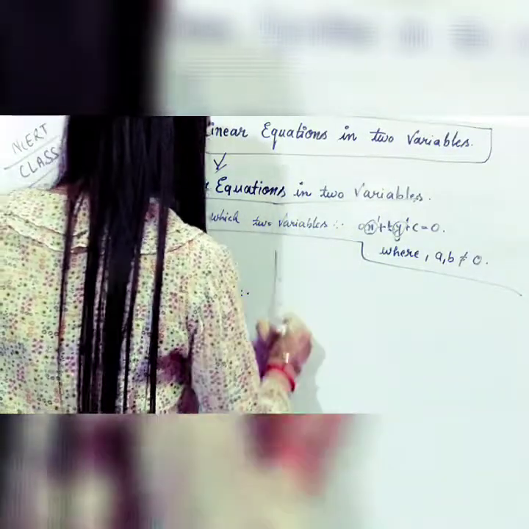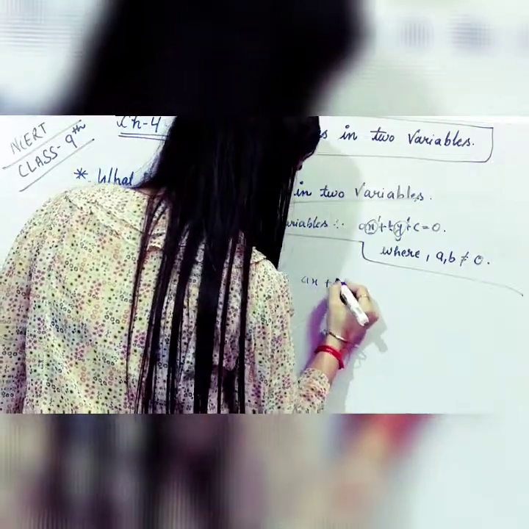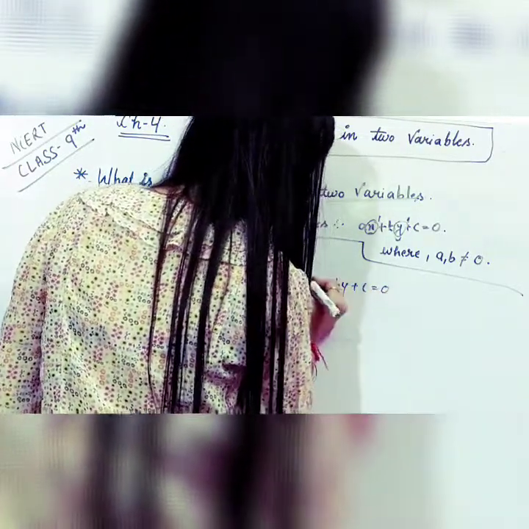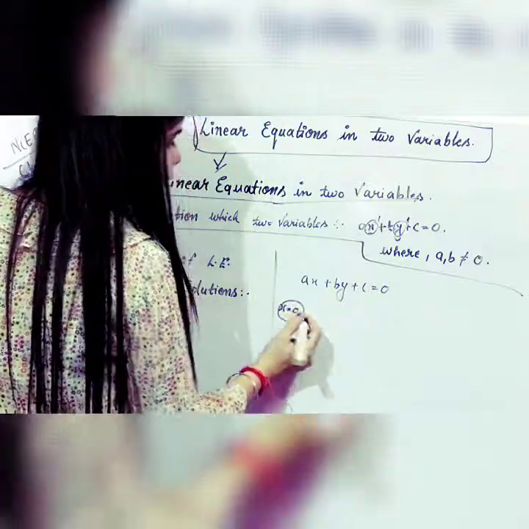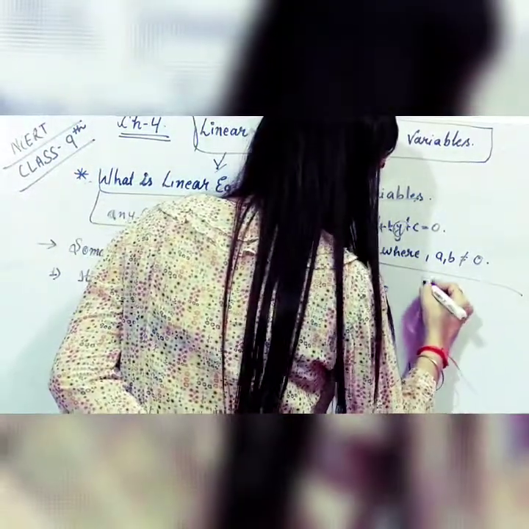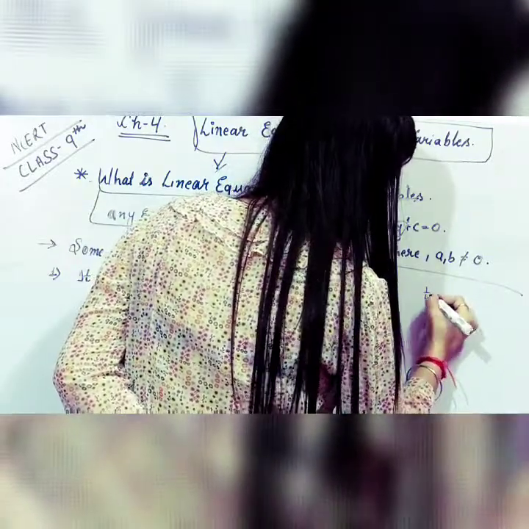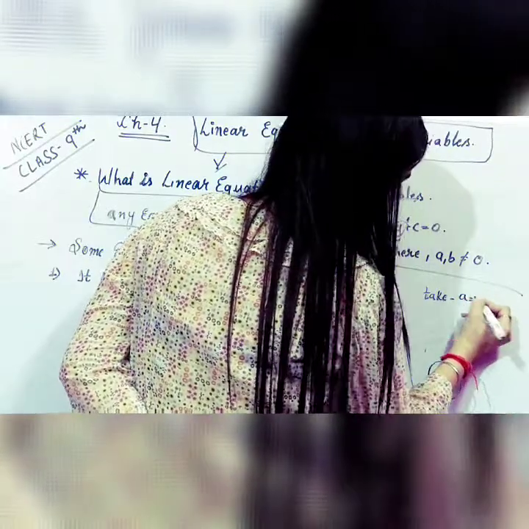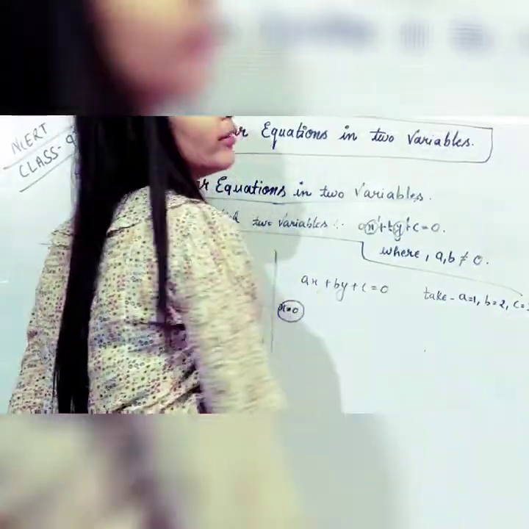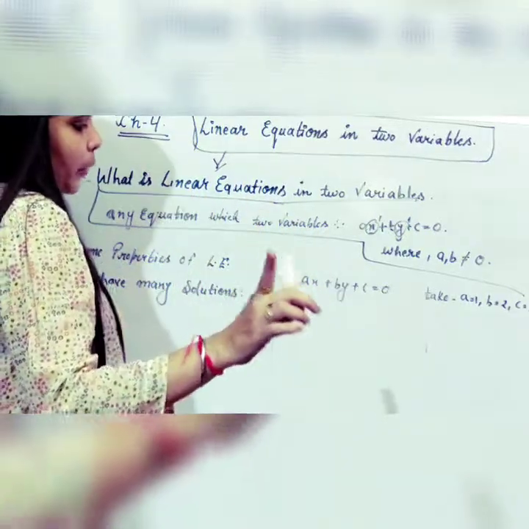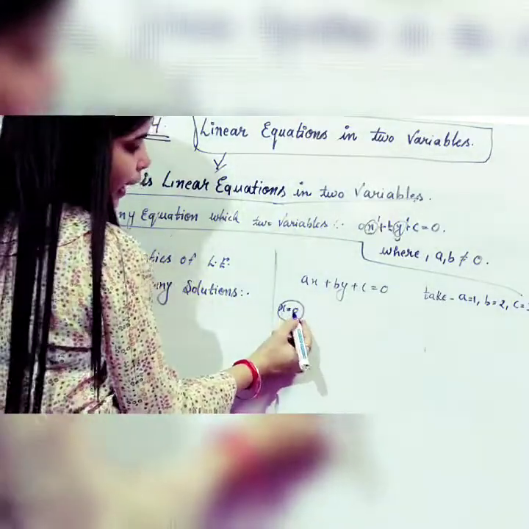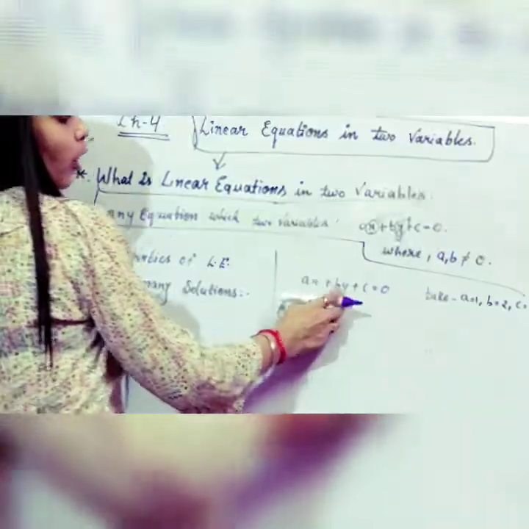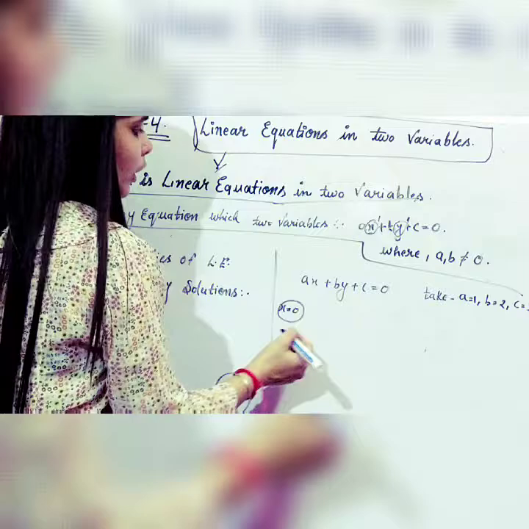If we put x equals 0 in this equation and take a equals 1, b equals 2, c equals 3. Whenever a question is given, the values of a, b, c will be given and you have to find the value of one variable, and you assume the other variable. Okay. So if we take x equals 0, then what do we get as the value of y? Let's put these values in this equation.